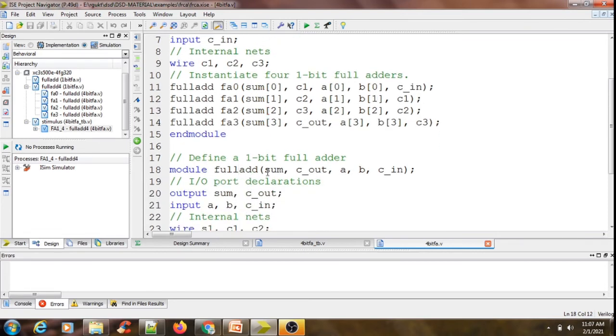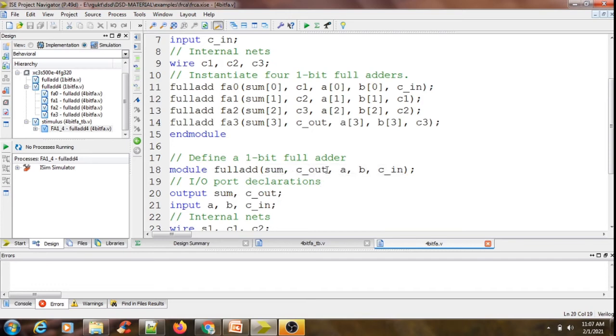During instantiation, the signal list or terminal list has to strictly follow the port list. The way the signal list is ordered during instantiation must strictly obey the port list in the module definition.